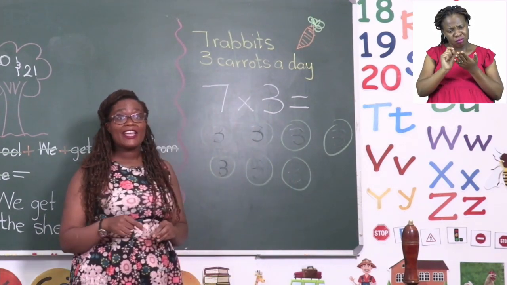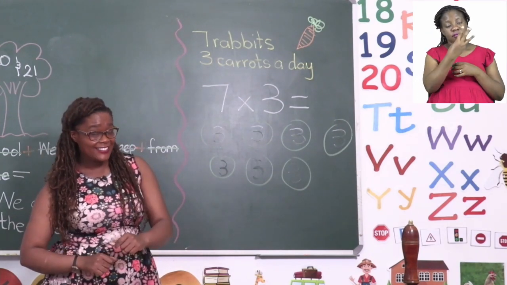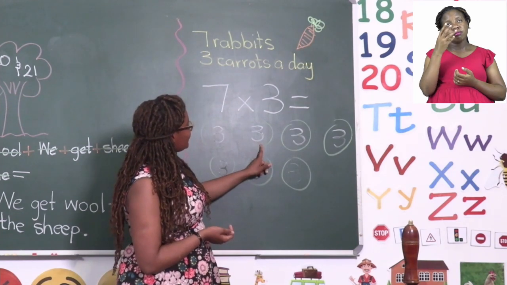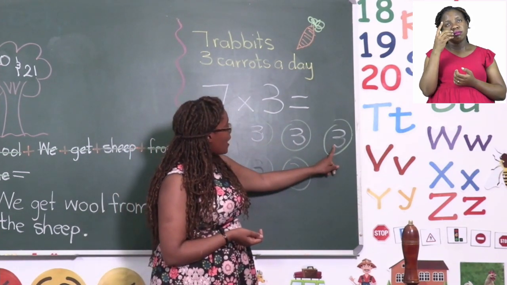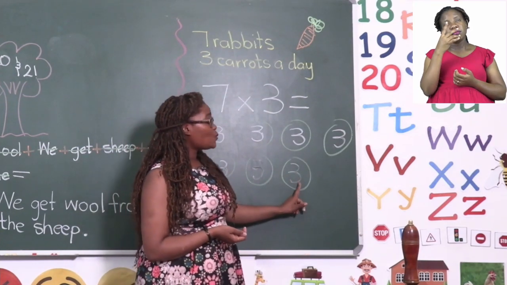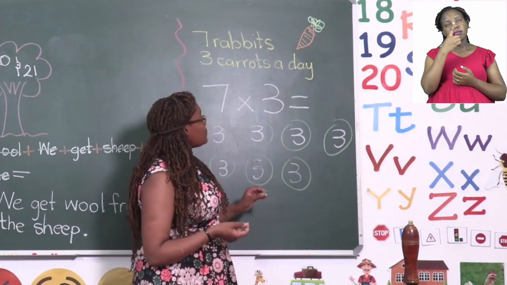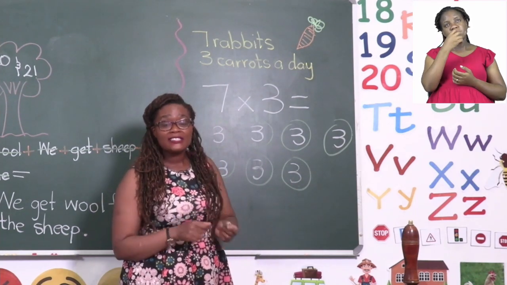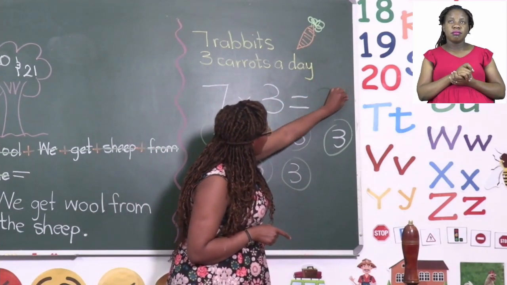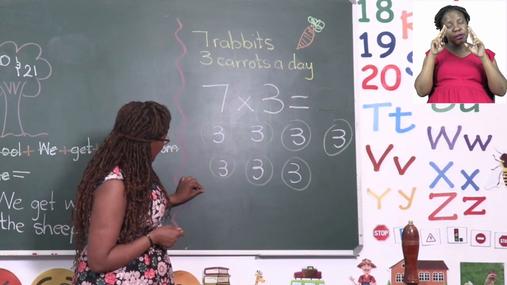Very good. So now we have 3 in each set, and we are going to count in 3s. Are you ready? Let's go. 3, 6, 9, 12, 15, 18, 21. So that means that when we add how many carrots they eat all together in one day, our answer is 21 carrots. Now you can go ahead and write the sentence, they eat